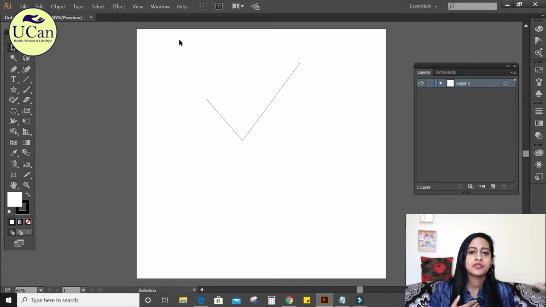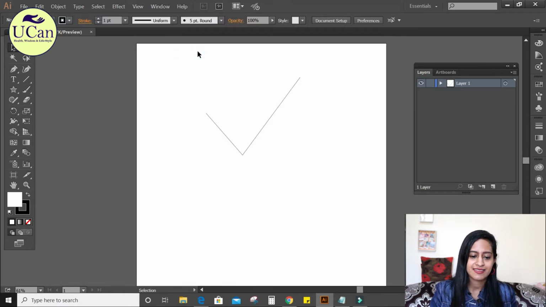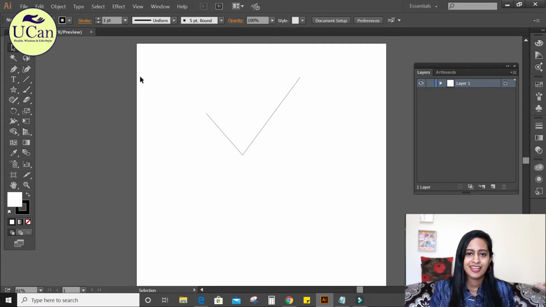Many people get confused about, when you draw a line, from where will I change the width of the line or the size of the points. So keep that in mind, that you have to open the bar first, which you do from Windows. Go to Windows, click Controls. That's it. You see on top all these options have come, which is for your help. So make sure to click Controls, because sometimes, even though we have been using Illustrator for a long time,